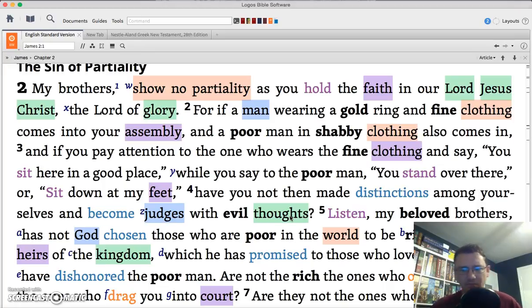Okay, so this is a verbal noun, which means you're dealing with either a subjective or an objective genitive. And many of you have rightly noted that the translators here have chosen this as an objective genitive. Hold the faith in our Lord Jesus. So in this case, Lord would be an objective genitive, right? The faith displayed for our Lord, not the faith displayed by. Now, I'm going to argue that that is not the best option,